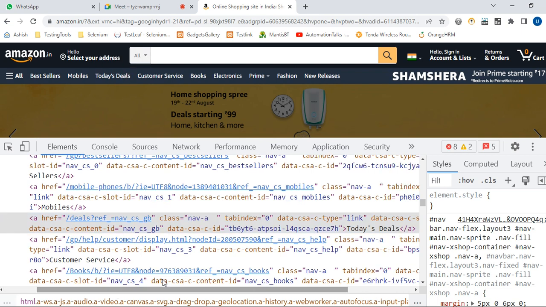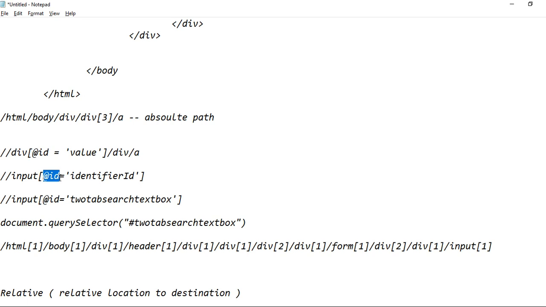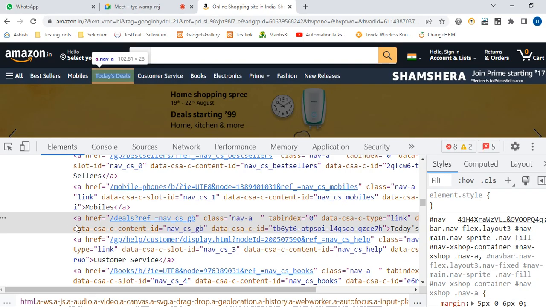Link text is today's deal. That is one option for locating the element. But now this anchor tag doesn't have an id or name, right? So we cannot directly do it with this method, that tag name @id is equal to that. So what we have to do now is search for a parent tag